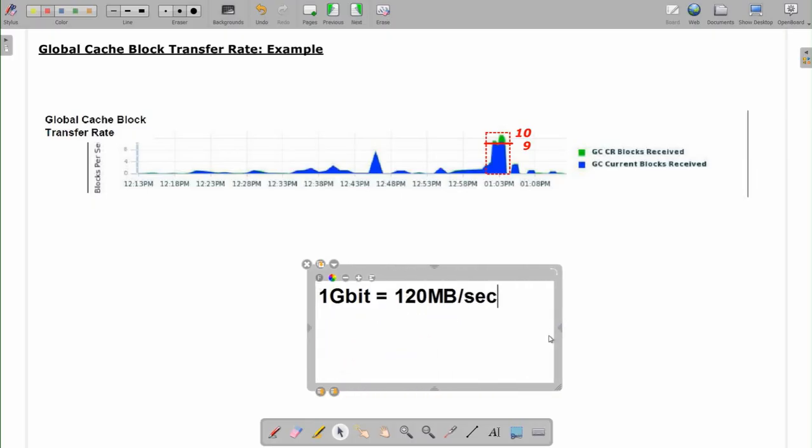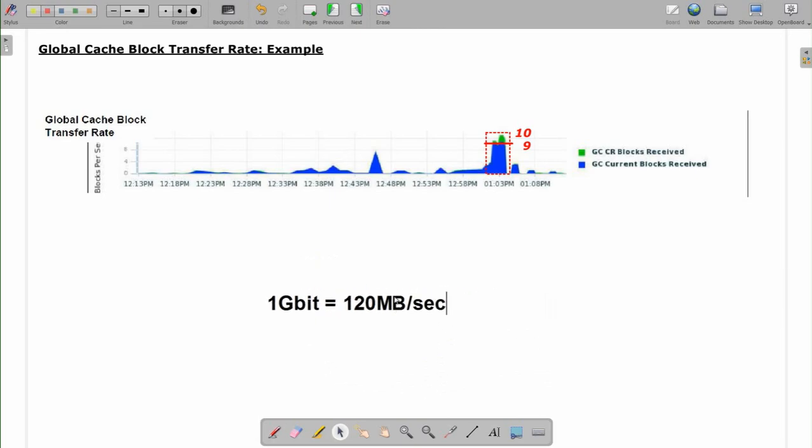Okay, definitely practically this will be less. So do we have enough network bandwidth to support the current traffic? So if this is your statistics, we can get this information. So let's say from 0 up to 10. So in this peak time, we observed 10 block